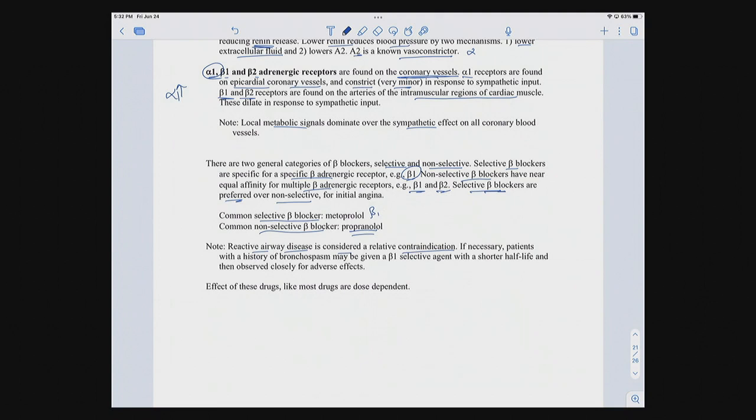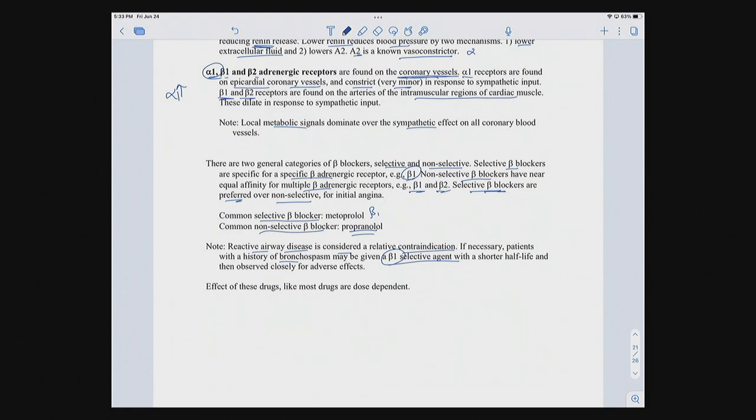If your patient is having a problem breathing, if you're having spasms of the smooth muscles of the lungs themselves, the last thing you want to do is give them something that's going to cause those beta 2s to be blocked. That would be a case where you probably wouldn't want to give them a non-selective beta blocker because you're going to exacerbate the problem. So if they've got a history of bronchospasms or whatever, you really want to be careful about giving them beta blockers at all. And if you do give them a beta blocker, make sure it's selective, make sure it's short half-life, and you want to monitor them very closely for